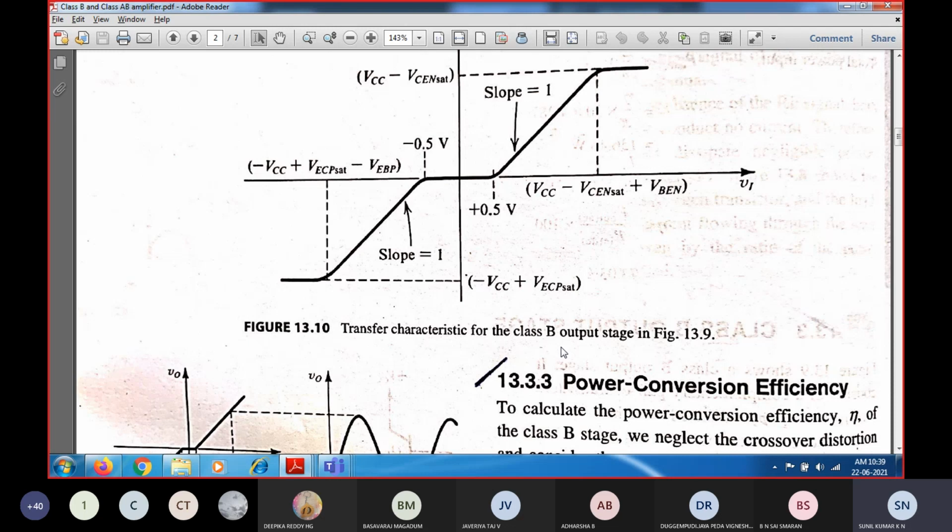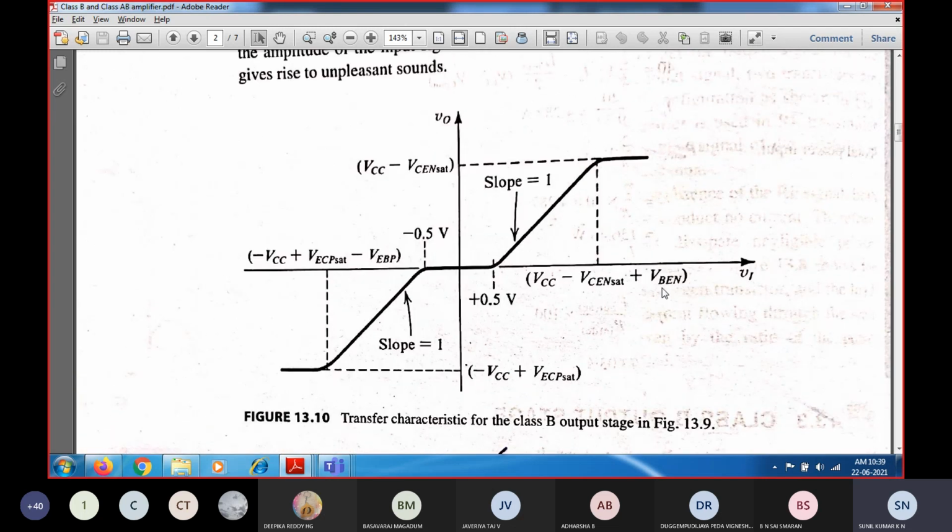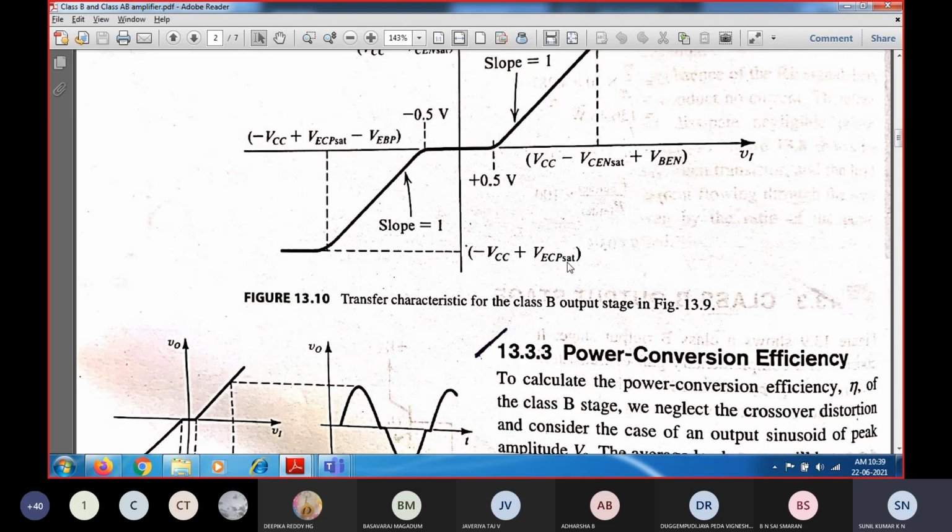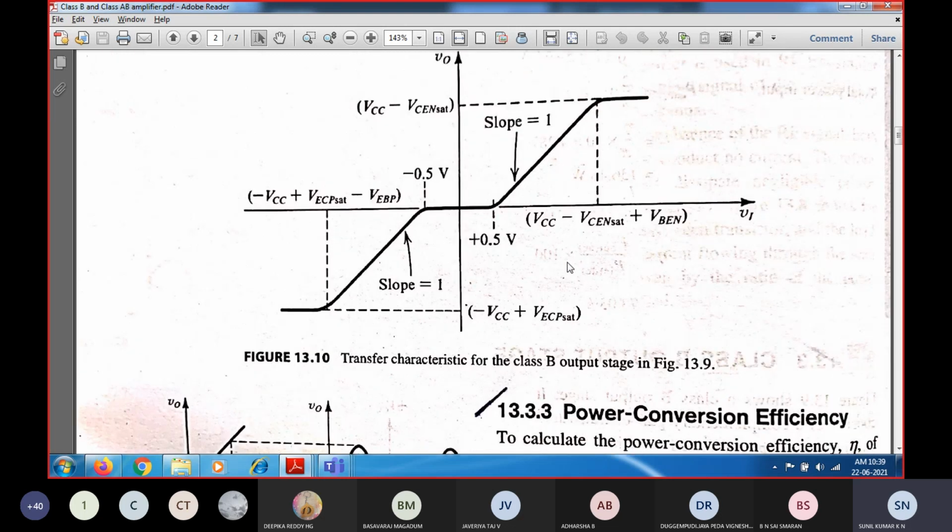plus VCE2 saturation. So instead of 2, here we are going to mention it as P because it is a PNP transistor. So VCP saturation. So here it is called VCEN saturation, VCE collector emitter, NPN transistor, N saturation, and here it is the P transistor, PNP, so P saturation. So if you look carefully at the transfer characteristics, you can see